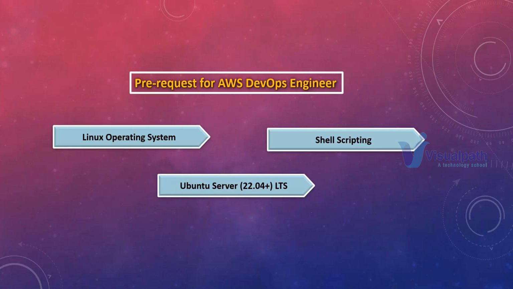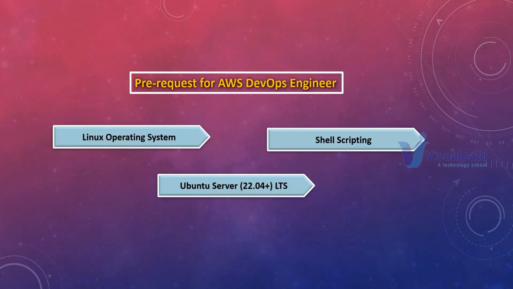If you need to upgrade your operating system every 1 year, that will create a lot of burden or pressure on the administrator and on the application you have deployed as well. So to avoid this, what do we have to use? Long-term supported versions, which we call stable versions.